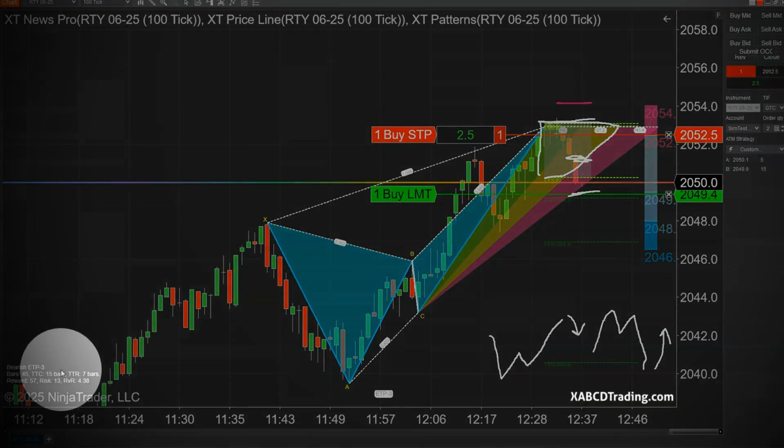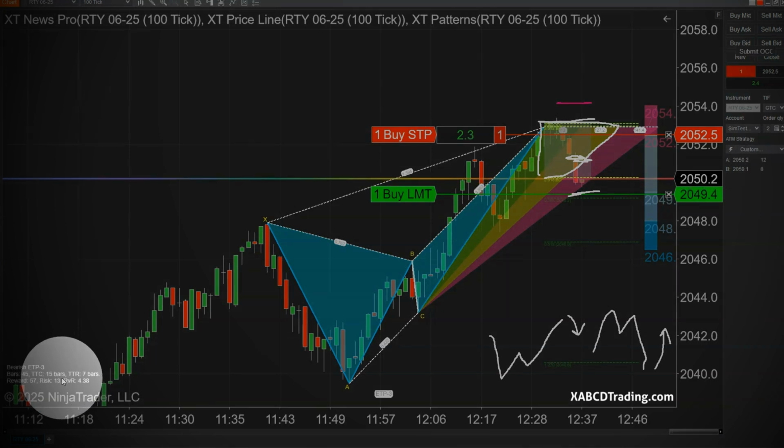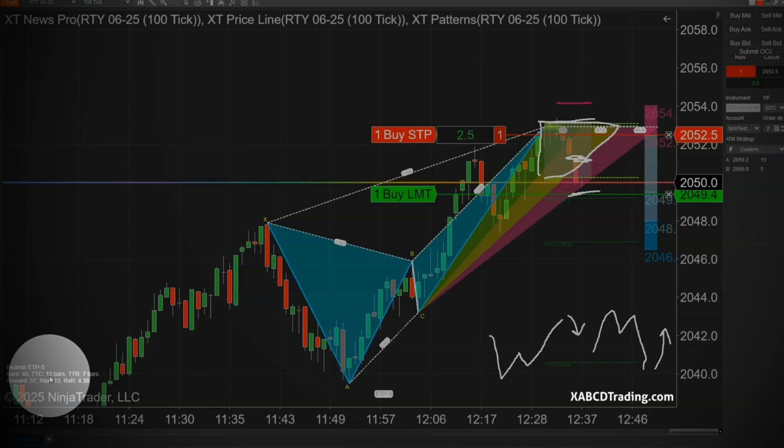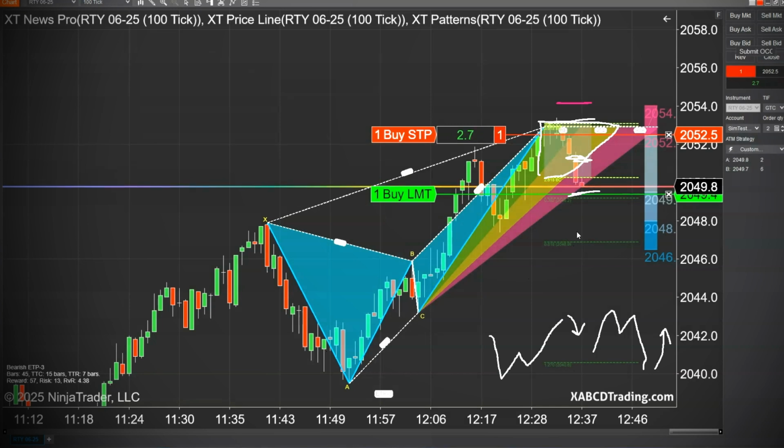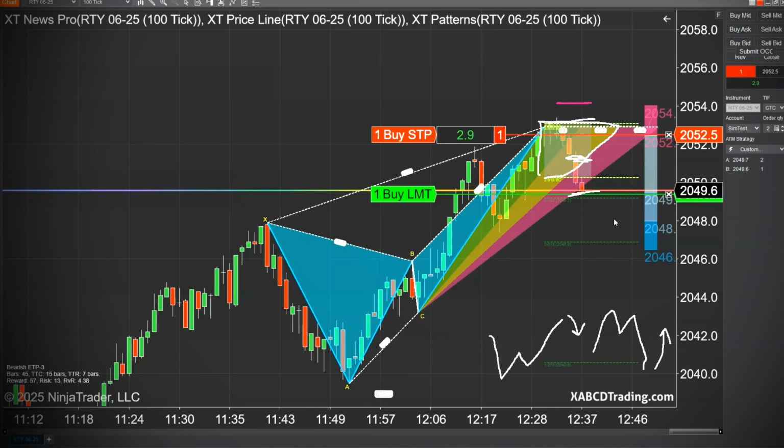You can see down here, it says there's 45 bars in this pattern. This is on a tick chart, and it's going to take 7 bars to reverse and 15 bars of time to complete. So these are estimates based off the 2.5 million patterns that we have in our database, and we are looking for that to happen within that time frame. Short patterns usually happen a little bit quicker than long patterns, so keep that in mind as well.